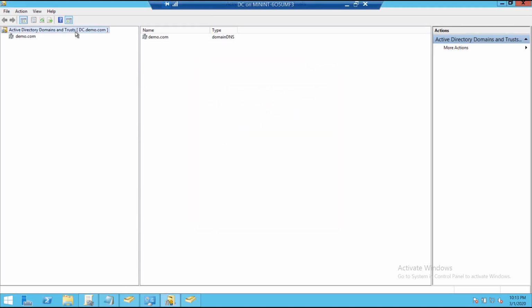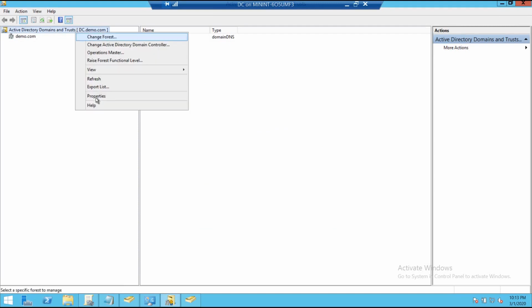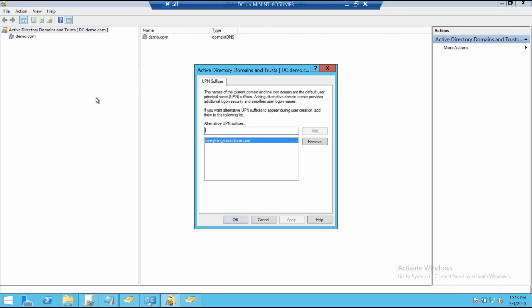Okay, all right. So now what I need to do is create a suffix. I need to come into Active Directory Domains and Trusts and create a suffix over here. The reason why we need to create a suffix is that my on-prem domain is not verified. So if I have a user in my on-prem domain called